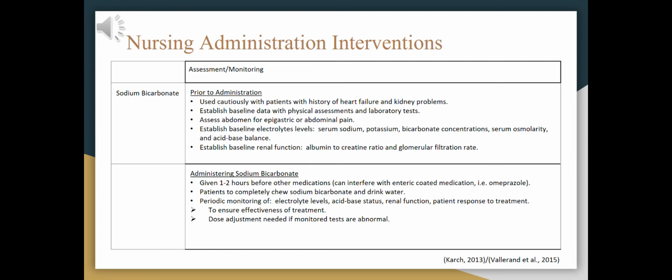Laboratory tests to compare initial values prior to administration and throughout treatment to monitor electrolyte levels such as serum sodium, potassium, calcium, bicarbonate concentrations, serum osmolarity, and acid-base balance. Renal function tests such as albumin to creatinine ratio and glomerular filtration rate should also be completed. Dose adjustments may be needed if values are abnormal, which may indicate adverse effects of sodium bicarbonate and problems with